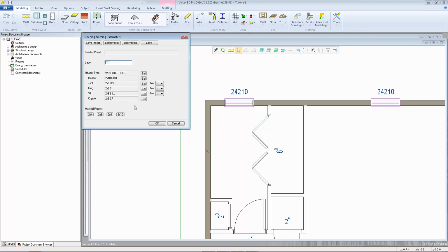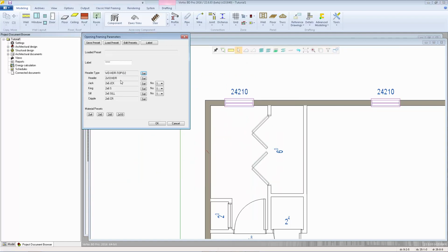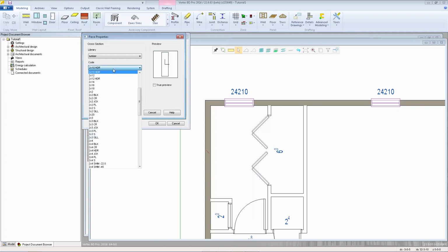And here we can set up the new rules for a specified window. These are the rules that are copied from the wall properties, and we can modify these by changing any of these parameters. We can select a new header detail, a new header size,